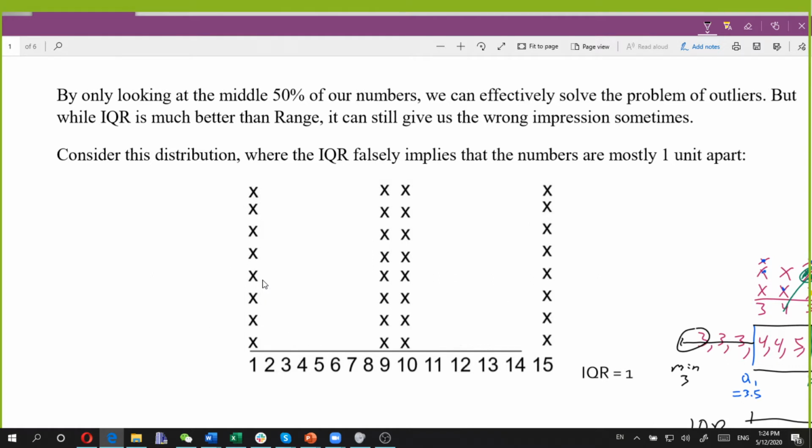My IQR for this might show halfway between 1 and 9, halfway between 10 and 15, and then give me my range there. So most of the values fall within that range, which isn't really true at all. So if I want a better idea of how spread out these numbers are,